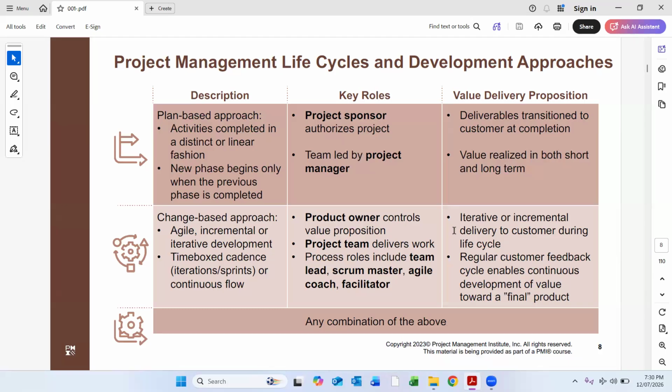It is plan-based, because you define the deliverables at the start of the project with the client. You specify the deliverables with the client. You work with the client based on a contract, right? In the change-based approach, there won't be any proper contract, and deliverables and deliverable times, those kinds of things will not be there, right? No, it's not there. Okay, got it.